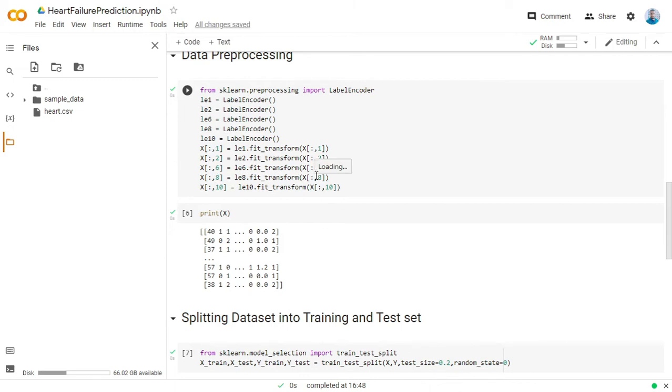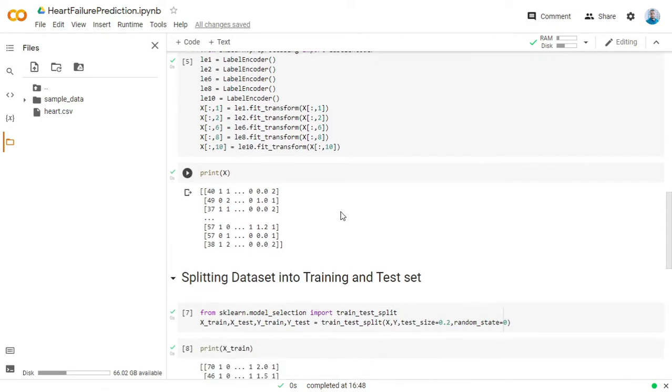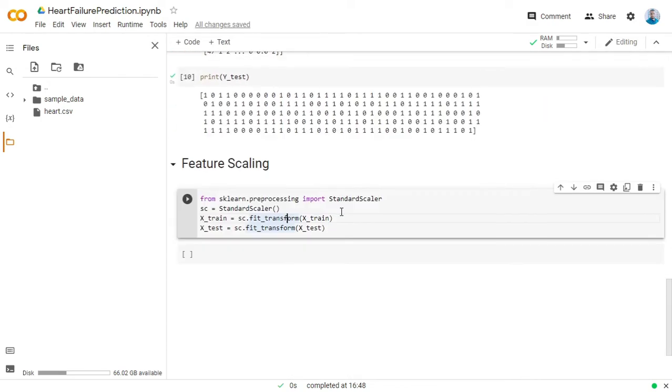Okay, to transform this string value, to encode this string value in numerical form. Similarly, we have also defined an object here and applied this fit_transform technique to transform our data set into a definite range. So if you run this,